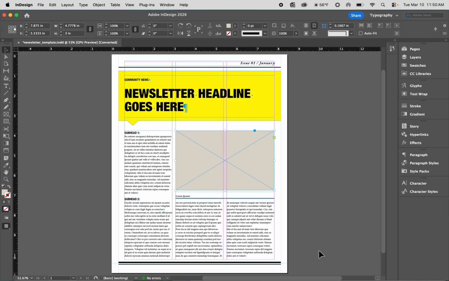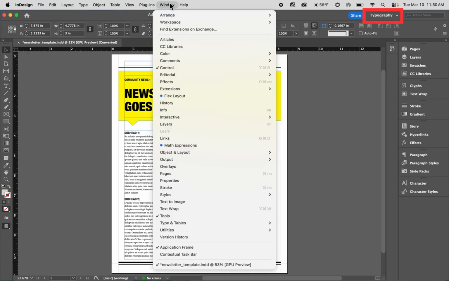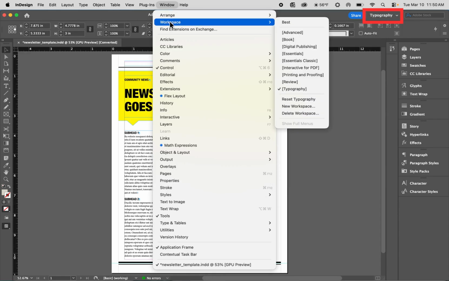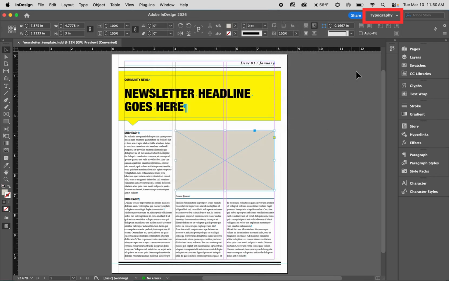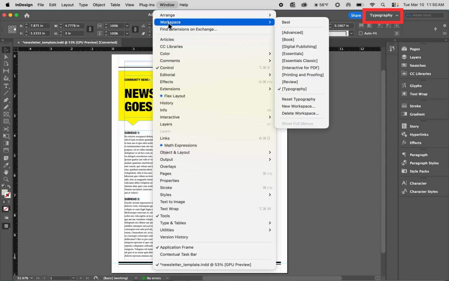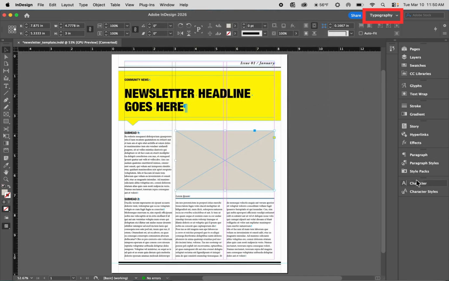Here's my open newsletter template that I've provided for you. I want to show you a few things about this template that will be important to understand. First, be sure that in the Window drop-down menu, under Workspace, you have chosen Typography. If it doesn't look exactly like this, you could choose Reset Typography. That way it should look like this, and that will give you all the palettes and tools that you need